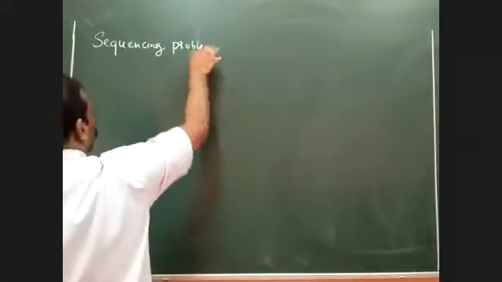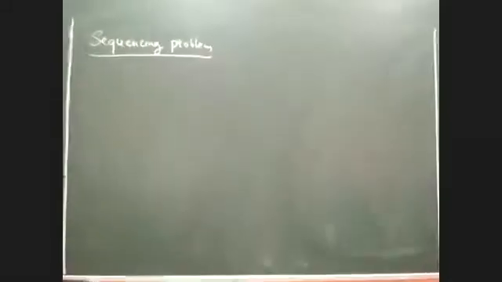Okay, sequencing problem. Let's try to understand what exactly the sequencing problem is all about, which are the specific areas where it is applied, and what is the background of sequencing. As the word itself suggests, sequencing is a process where you are trying to arrange the machines in a particular order. That is one part of the story. And the second part is you are also trying to arrange the jobs in which these jobs have to be processed in the machines. Let me give an example to explain this concept more clearly.